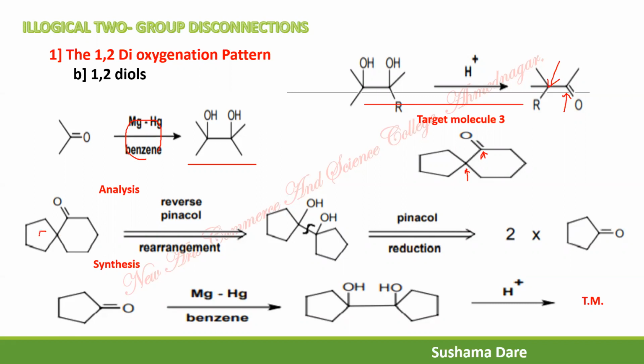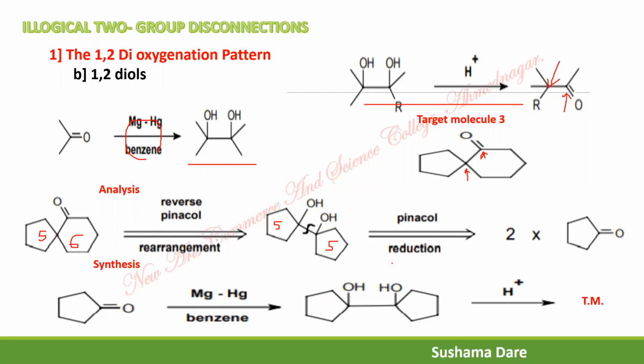This is a 5-membered ring, and this one is now a 6-membered ring. But when you go with the retro, then it is a 5-membered ring. So indicating what? For the 5-membered ring in the pinacol-pinacolone rearrangement reaction, ring expansion takes place in the final compound. So when we go in the reverse direction, we have to contract the ring, that is a 5-membered ring. That's why during the retropinacol-pinacolone rearrangement reaction, you need a diol there for the pinacol rearrangement.